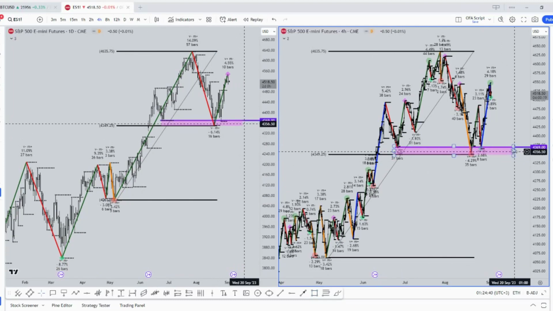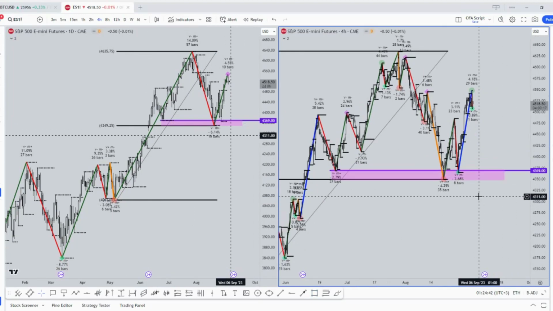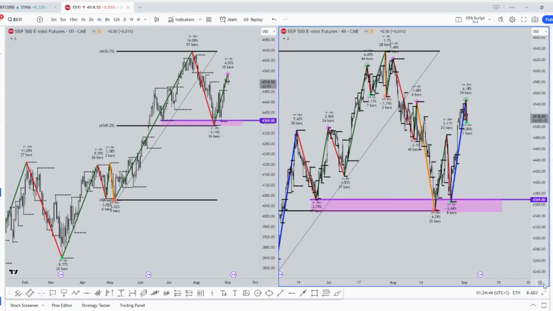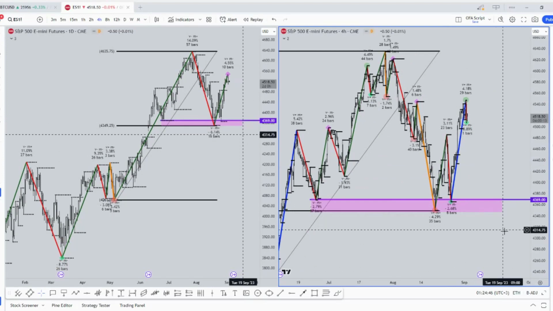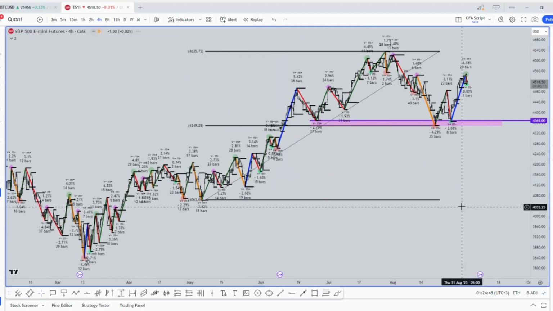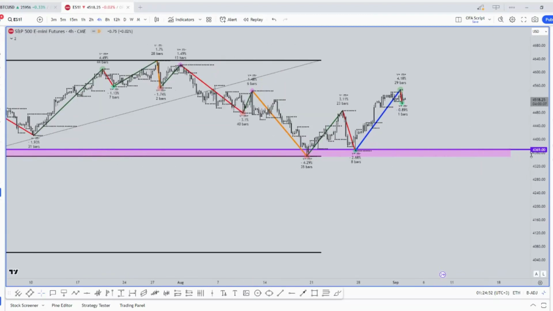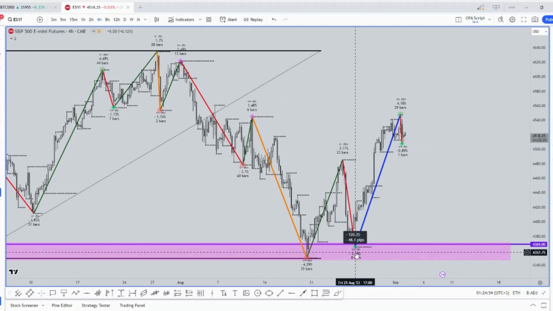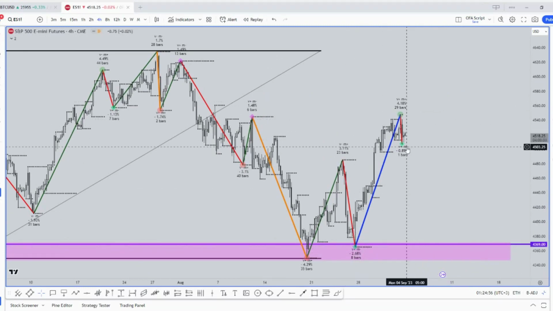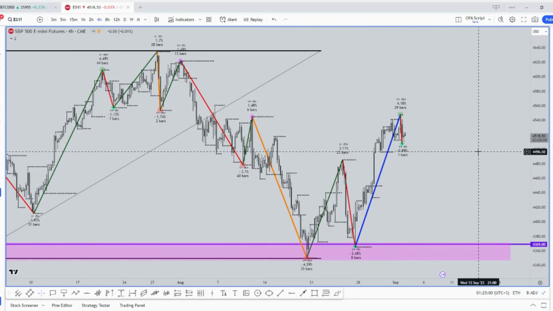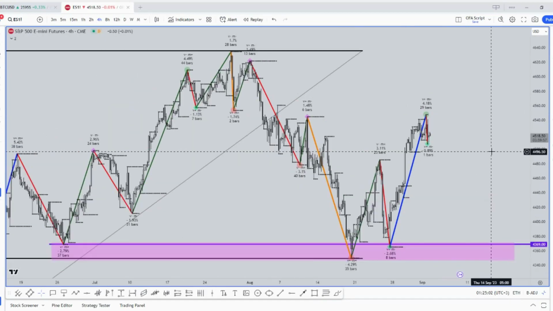So from that point on, we are going to be diving deeper into the granularity of this setup, and you will notice that not only have we had a green diamond print, but that has also been followed by a green circle. What does that mean? It tells us